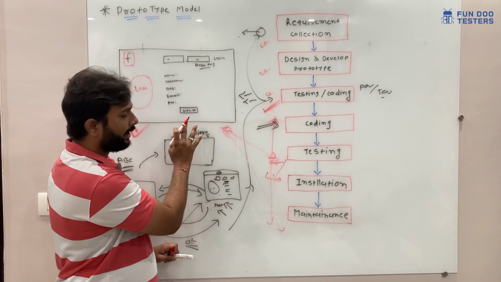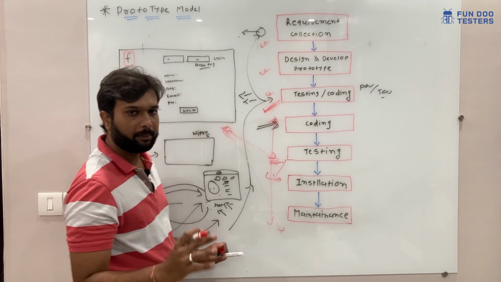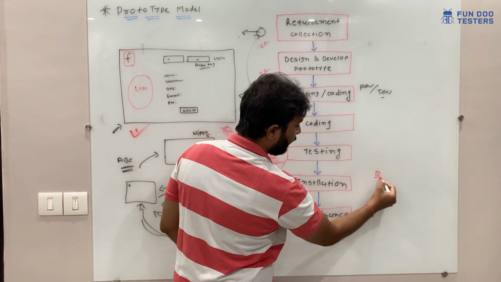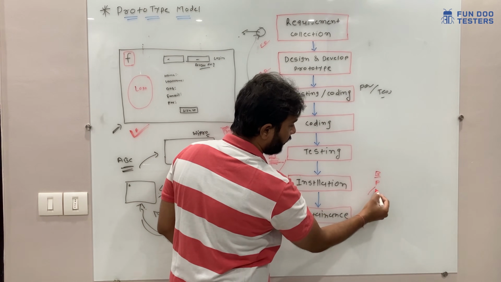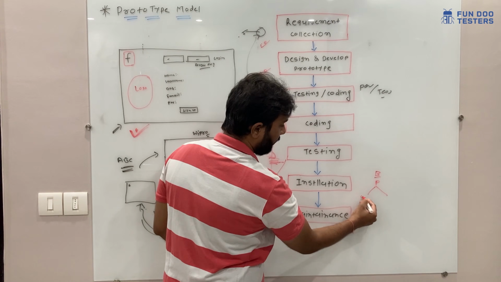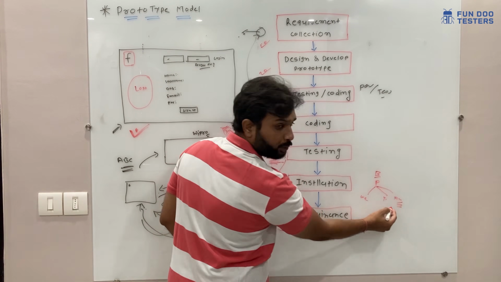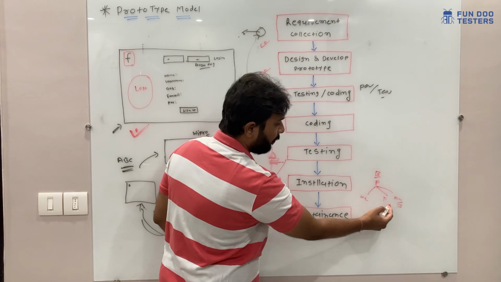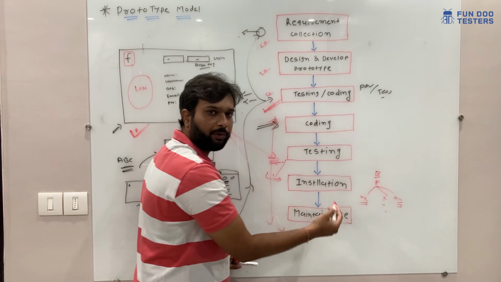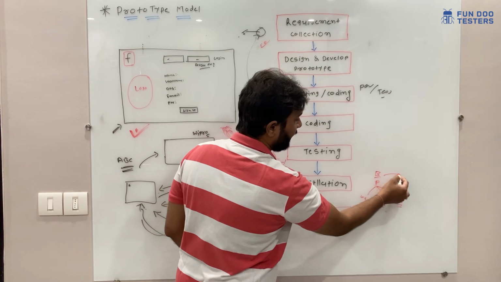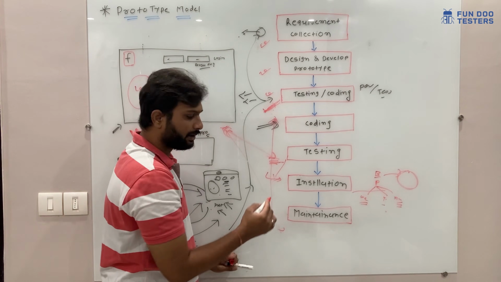For example, in every application there will be backend code and a front-end application. In the front end there are three parts: one will be a web application, or an iOS application, or an Android application. They will push it into the Play Store or App Store, or if it is a web application, then they will keep it somewhere on the server. This is the installation phase.